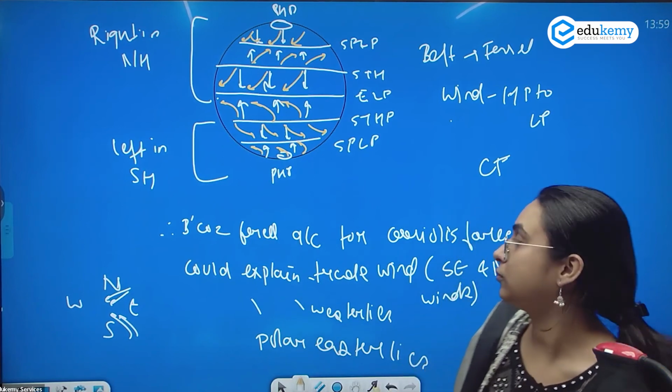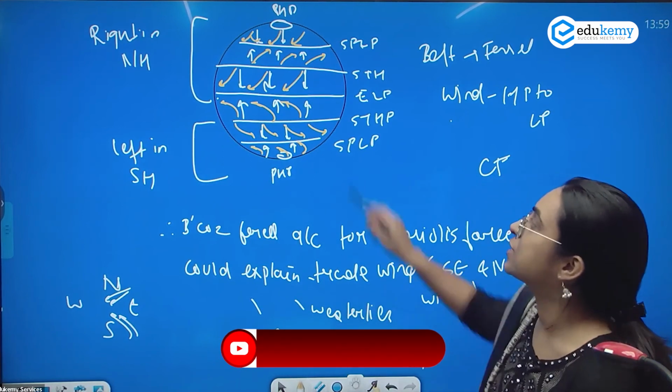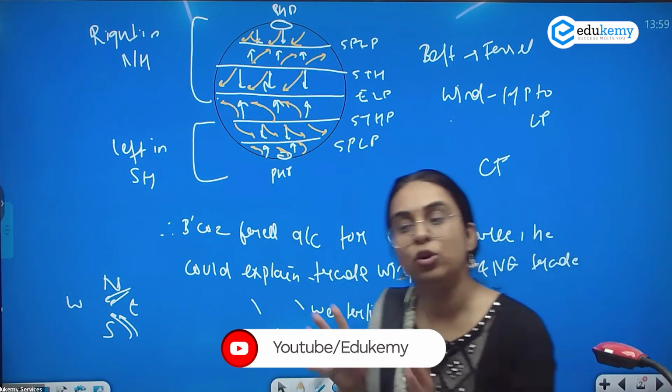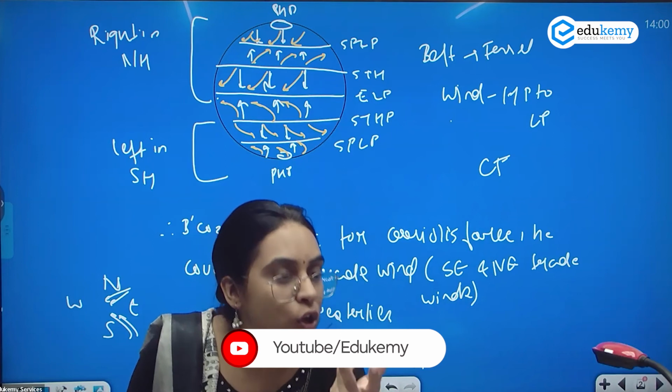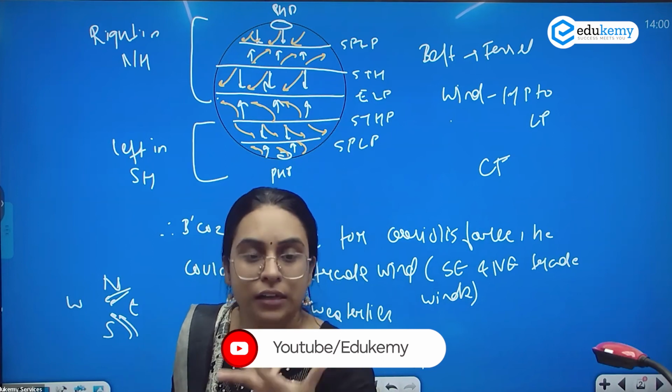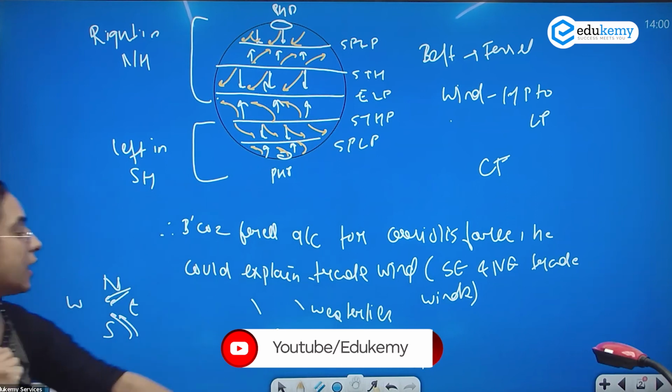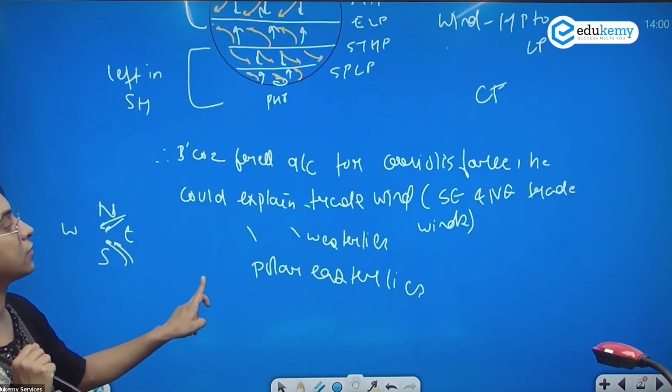But he could not explain, this is at the global level, right? This is happening at the global level. But he could not explain what will happen at the local level, what will happen at the regional level. Moreover, ये तो उन्होंने explain किया. इसके अलावा he could also explain two things.